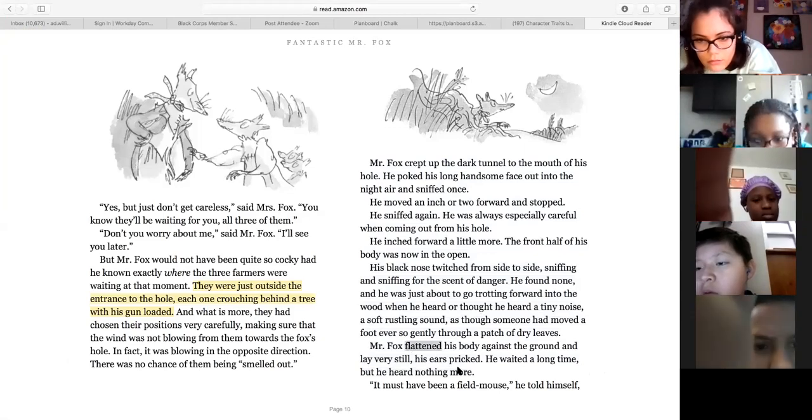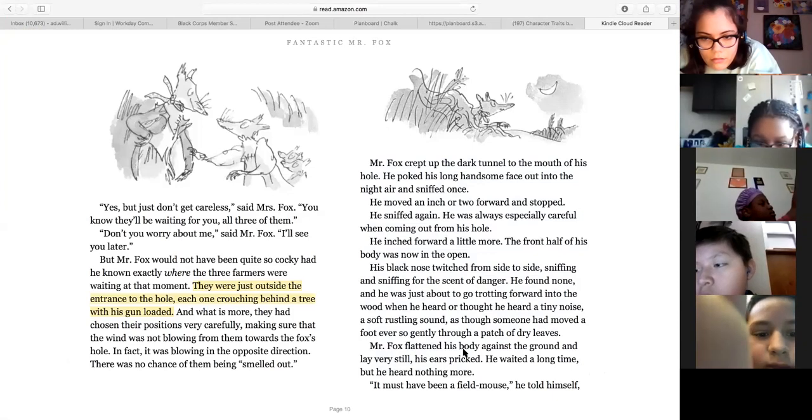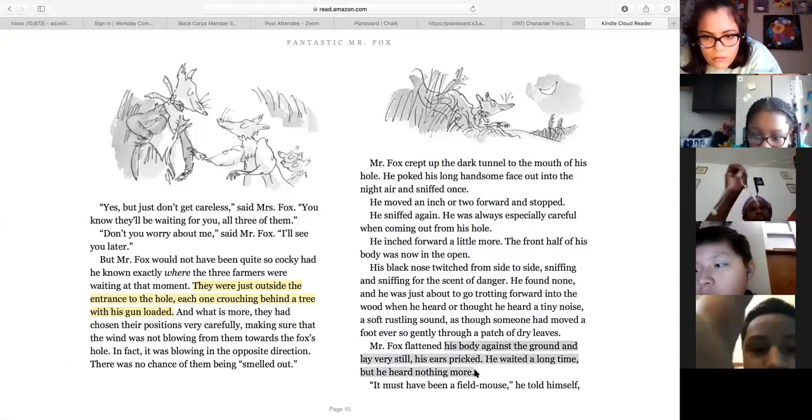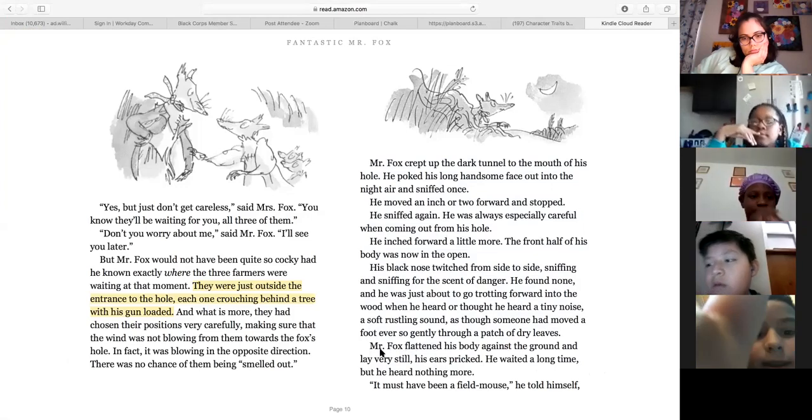Are you okay? I'm sorry, when I highlight it, that pops up. So I'm going to just try to follow it. So start back with Mr. Fox, if you don't mind. Mr. Fox flattened